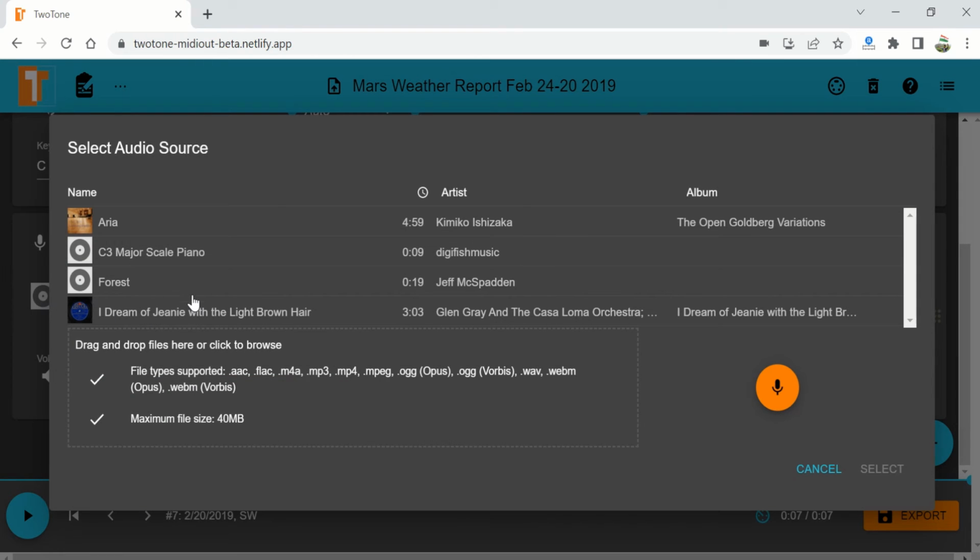Click on the pencil icon. There are a lot of different audio sets that are available as a sample. You can choose any of them, or you can choose to add something from your system. The file types that are supported are MP3, MP4, AAC, WAV, WebM, and the maximum file size is 40 MB. Apart from uploading from your system or choosing one of the sample datasets, the third option is to record your narration. If you click on record,